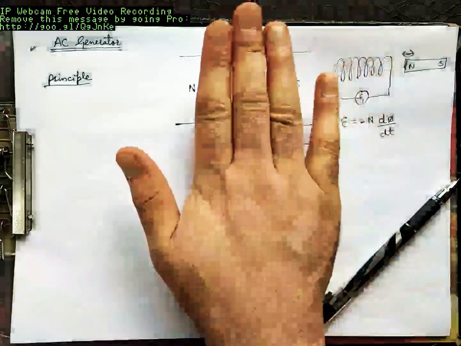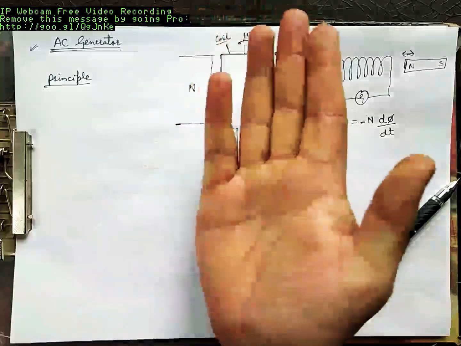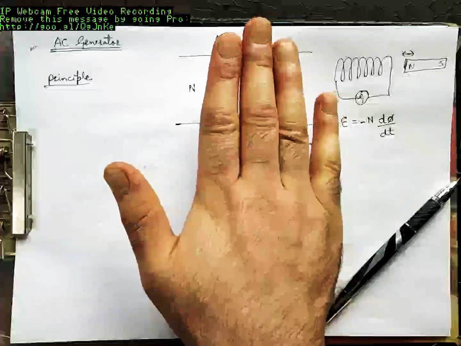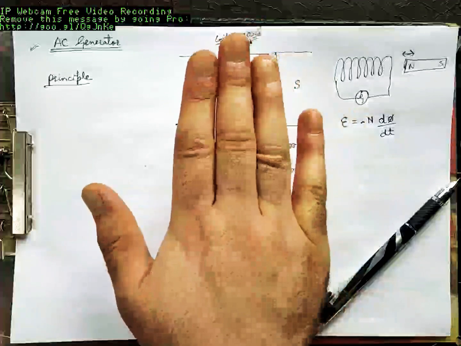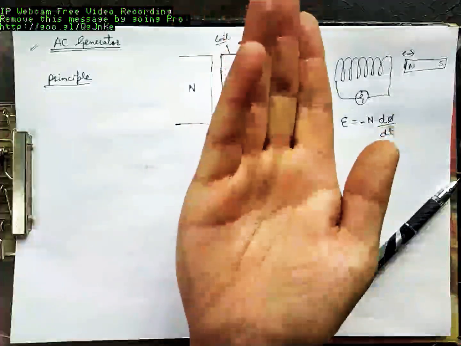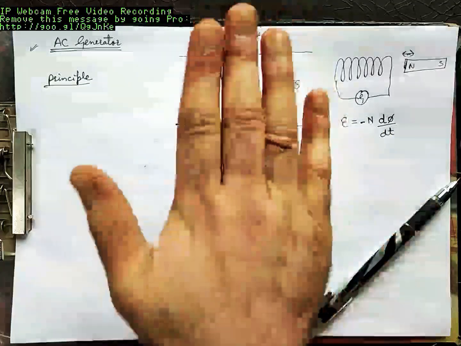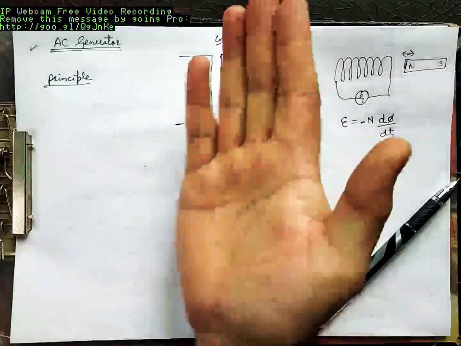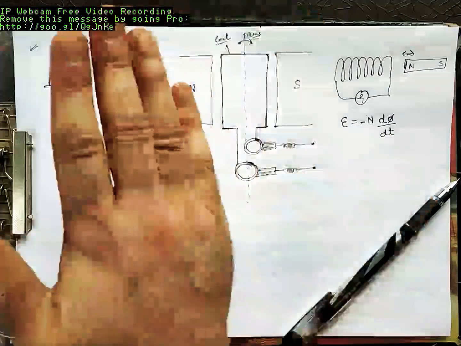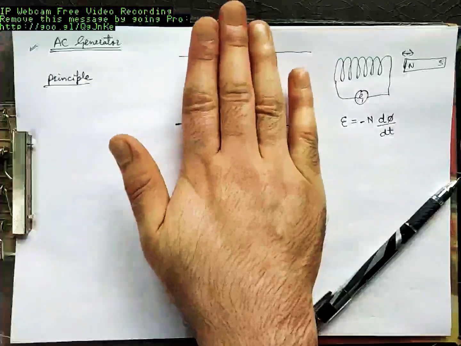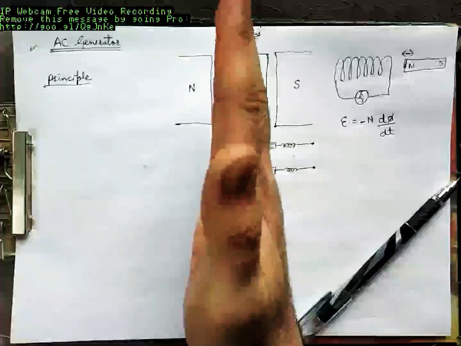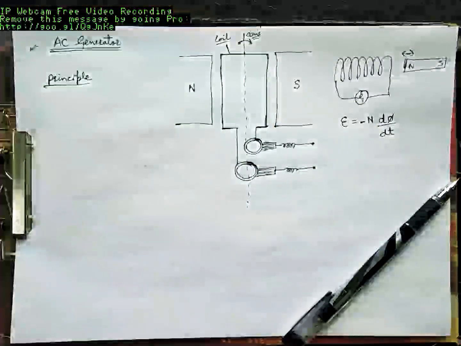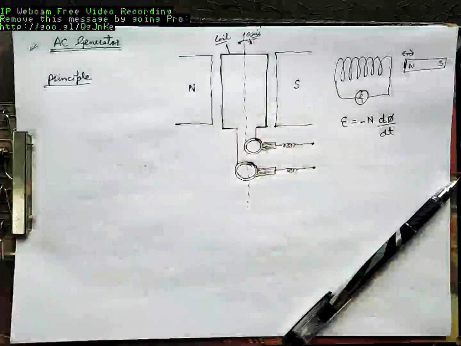You have a coil and you are rotating this coil inside a magnetic field. Whenever you are rotating that coil inside a magnetic field, does the same flux pass through the coil all the time, or does flux change with time? With time, flux is changing. Initially flux was 0, then flux through the coil is increasing and it becomes maximum over here, then again it becomes 0, again it becomes maximum.